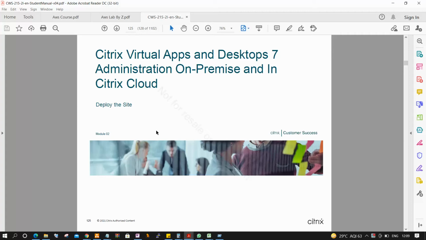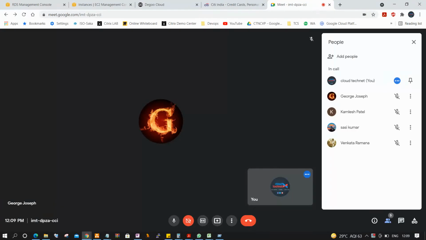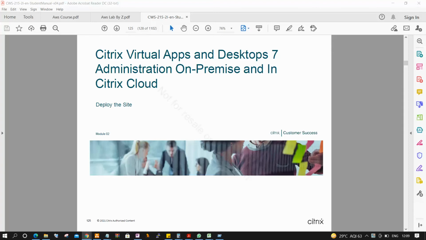Deploy the site means we are going to set up the environment, the lab environment, from where to configure each and every Citrix component. Then we have to make it a XenDesktop XenApp site, that is a virtual app site.